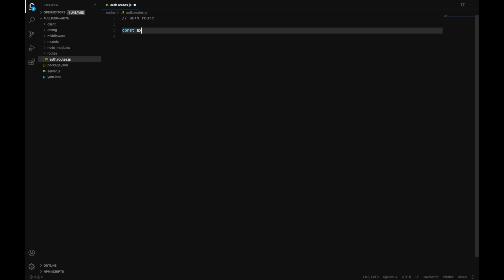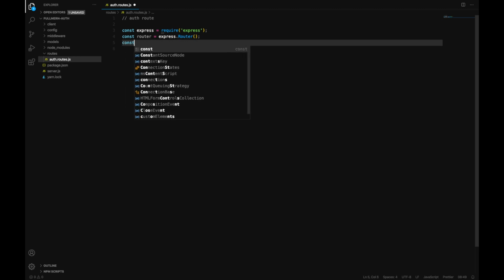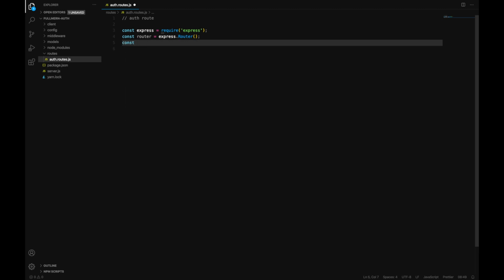So const express is equal to require express, and we will also make use of the router provided by the express framework. And we also need to import our user schema that we created inside our models and users. So user schema,